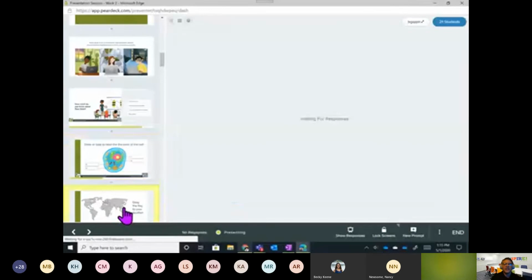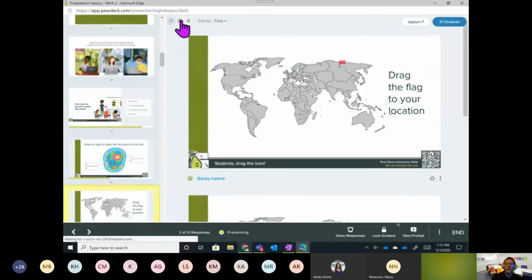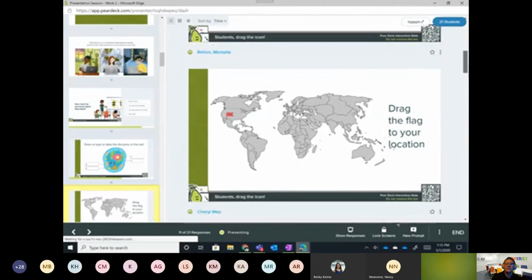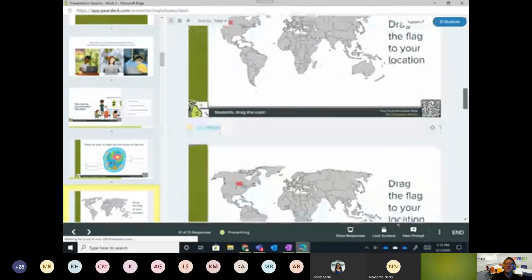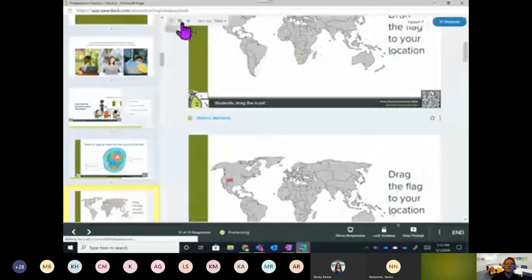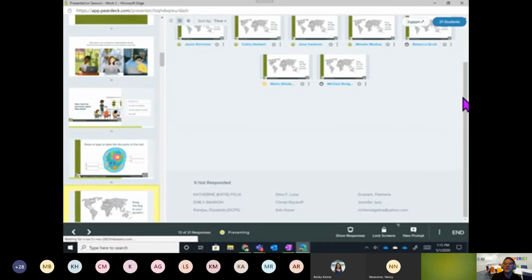And this next activity is one where that overlay will come in really handy. So I want to know where you are right now. So you can drag the flag to where you're from. So I can scroll down in list view and see everybody individually. Or I can put it in grid view and